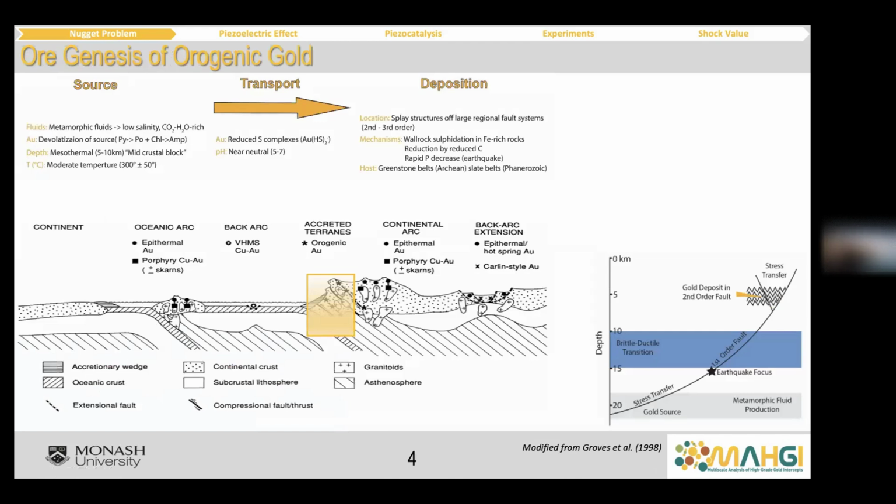So a lot of these really large gold nuggets that I tend to talk about, or people tend to talk about, they come from orogenic gold type deposits. Again, I'm sure that a lot of you guys know probably more about this than even I do, but in case you don't, we'll talk about the basics of them. So the source is usually metamorphic fluids, right? So you have a low salinity, water-rich, CO2-rich fluid source that comes from metamorphosing a pile of rocks